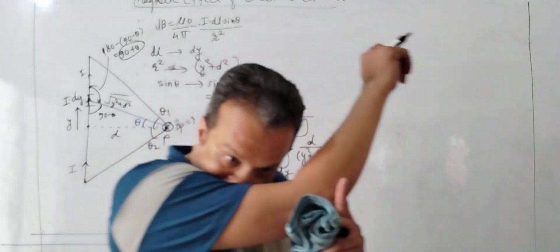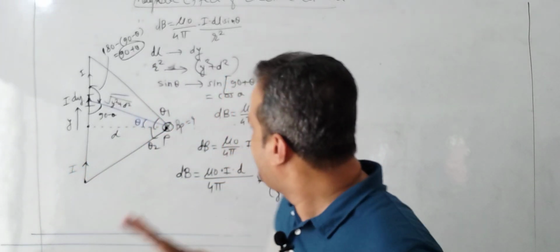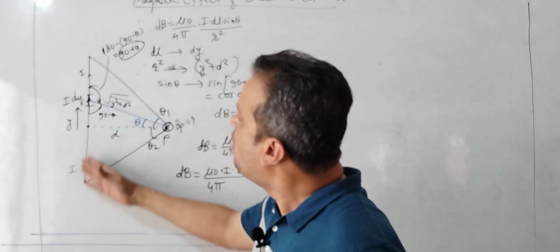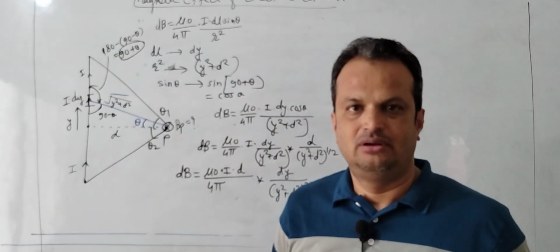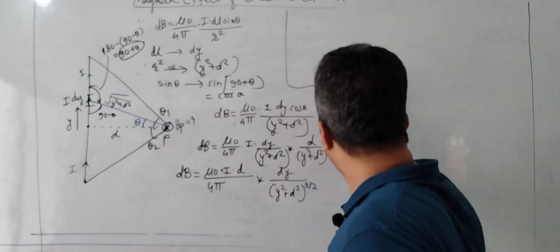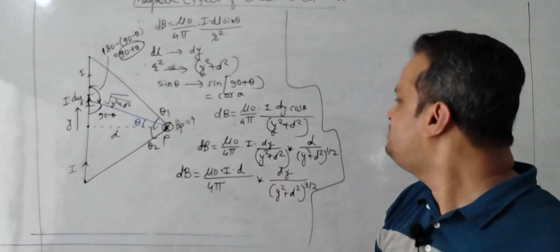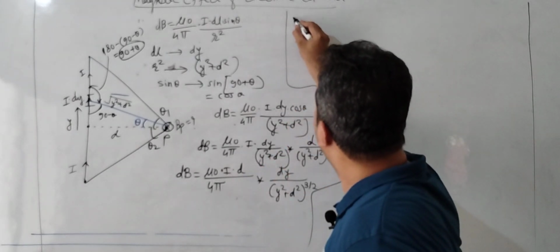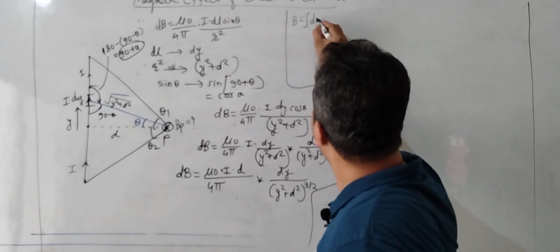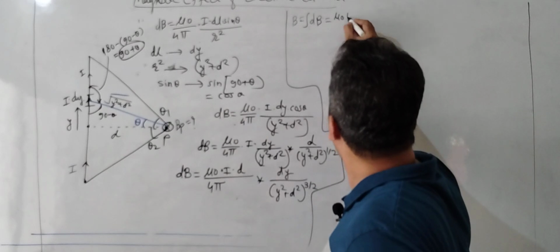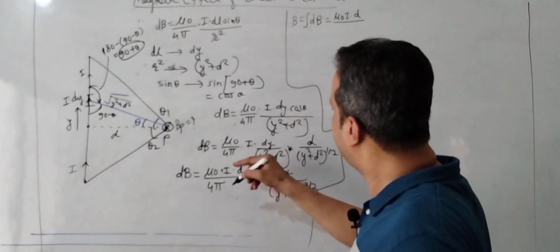Okay, now beta, we have to find out the magnetic field due to this whole wire. Okay, so for that we will use our great weapon, that is integration. So we know that B is equal to integration of dB, that is equal to how much? mu 0 I d upon 4 pi